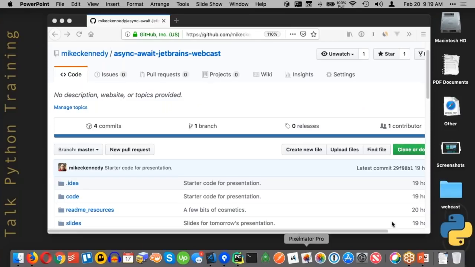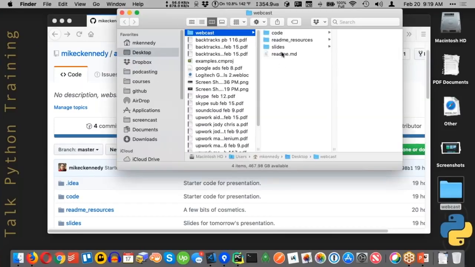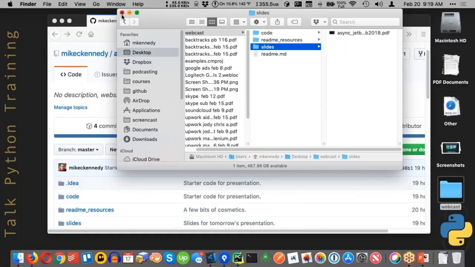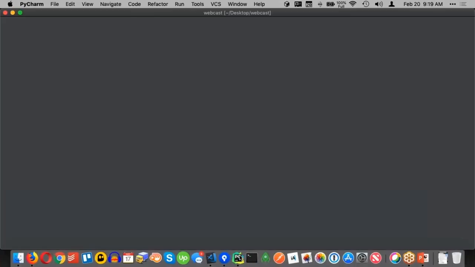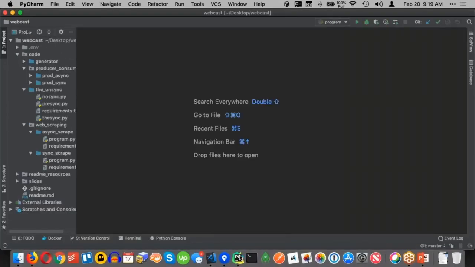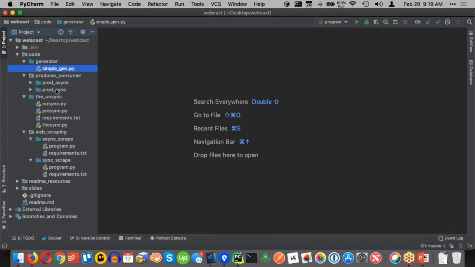So I'm going to open here, we got our repo of all of our stuff. I'm going to throw that on here, fire up some PyCharm. Now there's a bunch of different little examples in here, and each blue box is a source root or the top level of some program. So hey, we're going to start with this. Switch over to do some coding.